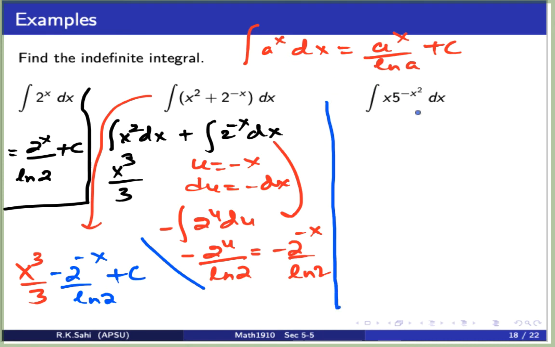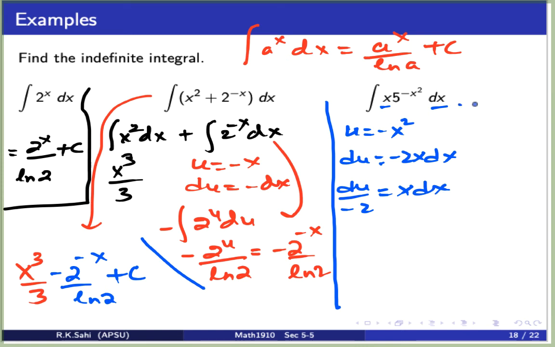Okay, let's look at the next problem. It's x times 5 to the power minus x squared dx. So, as usual, try the u. Now remember, if I take u to be minus x squared, then the x dx can easily vanish. So we say, let u be minus x squared. du is minus 2x dx. Now remember, we already have x dx. So that means du over minus 2 is x dx. So the problem now becomes